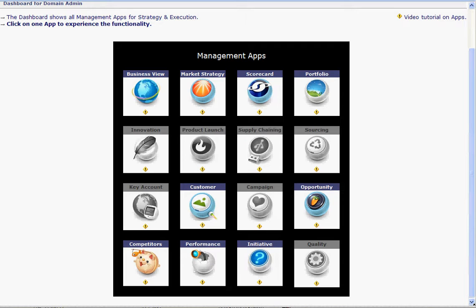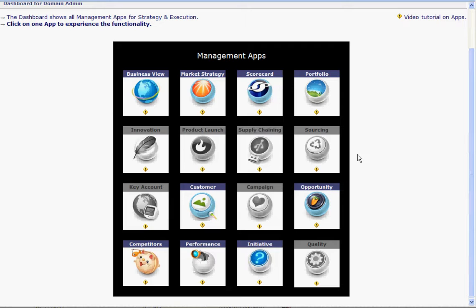This tutorial is about designing specific user dashboards. A user dashboard actually consists of two different layers. The first layer is your welcome page. This is a dashboard for a domain administrator, and you see out of 16 apps, the color ones are activated and the others are supporting apps for it.